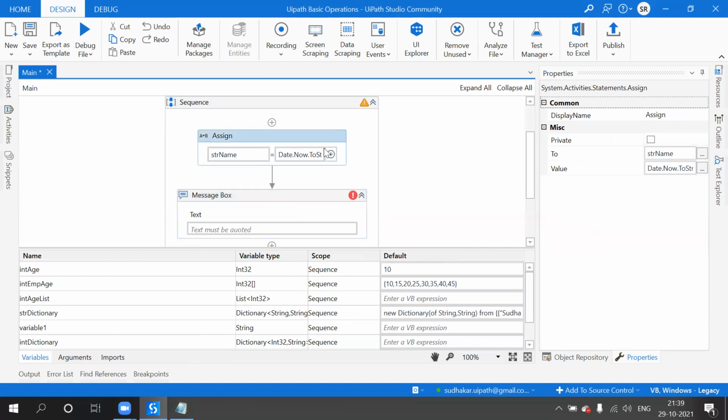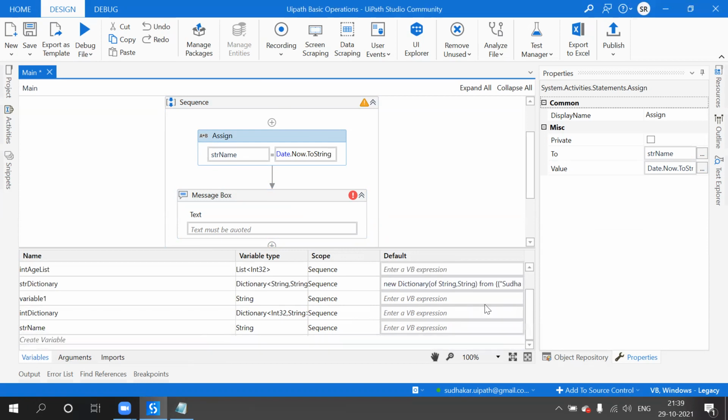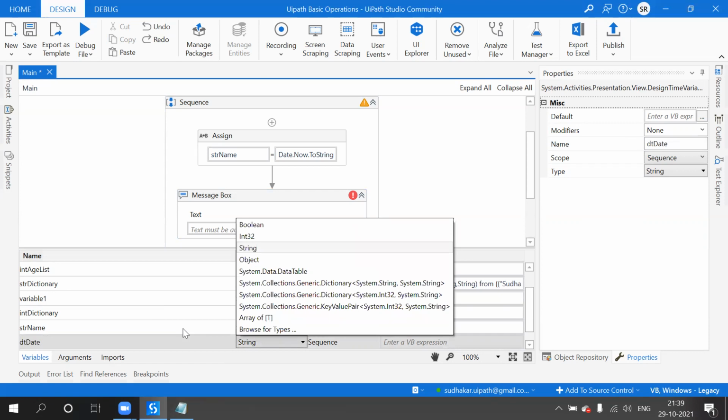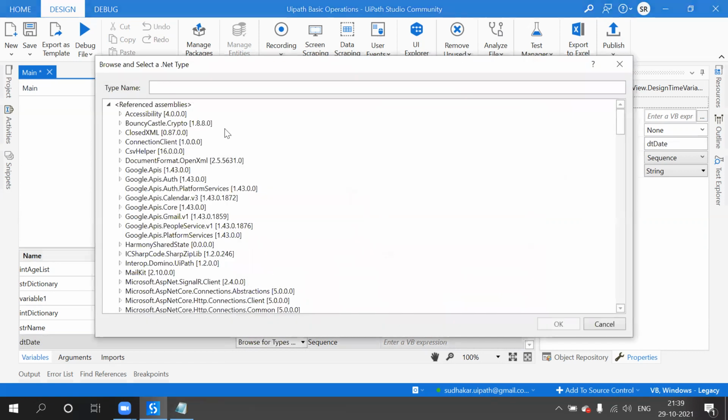Otherwise you just define, you create one variable, dt, date, and rather than here just take date.